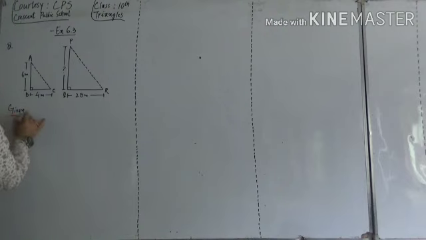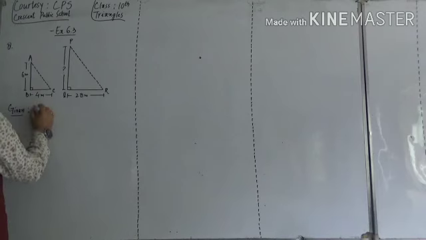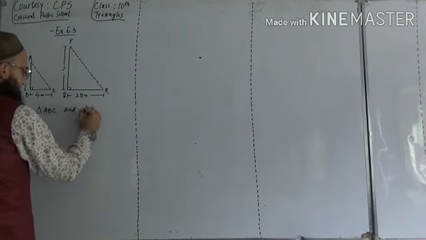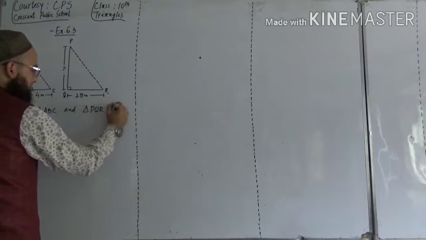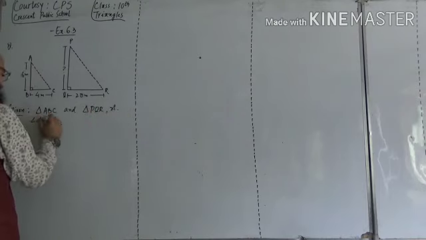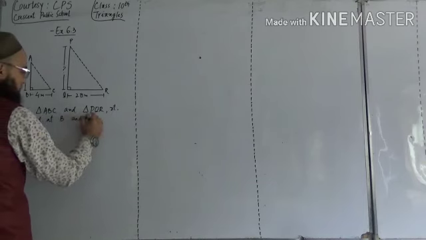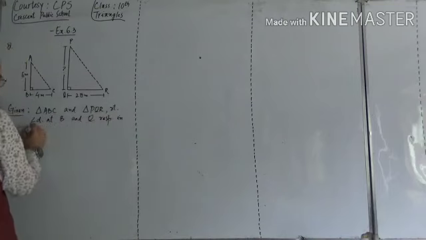What is given? You can write triangle ABC and triangle PQR right angled at B and Q respectively, in which